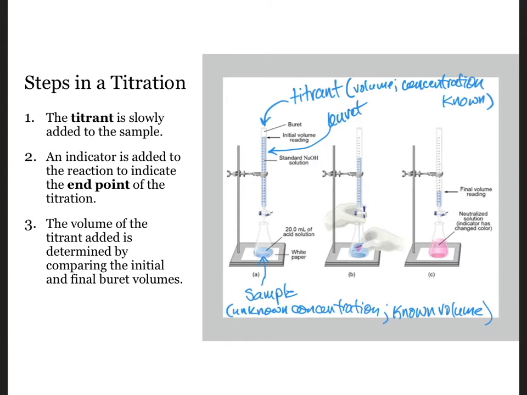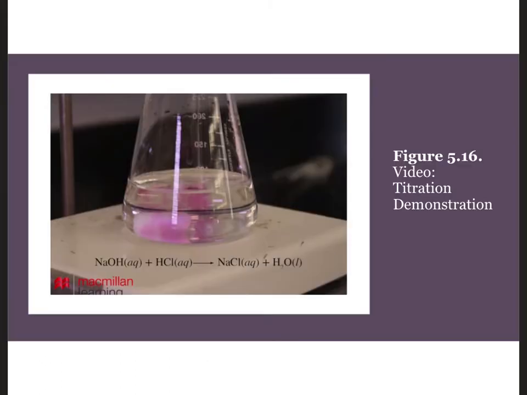be measured precisely. The volume of the sample is measured precisely as well before pouring it into an Erlenmeyer flask. A few drops of an indicator are used to signal the end of the titration when the moles of added acid equal the moles of base in the flask, for example. If you'd like to see a titration in action, take a minute to watch the video in figure 5.16 from